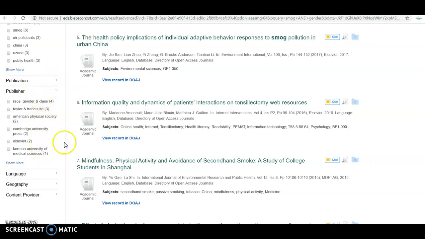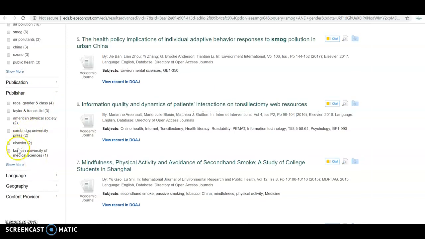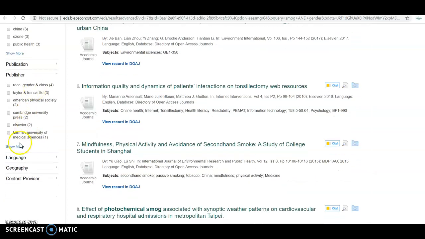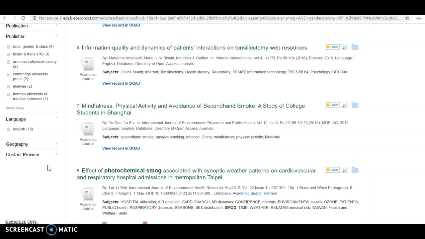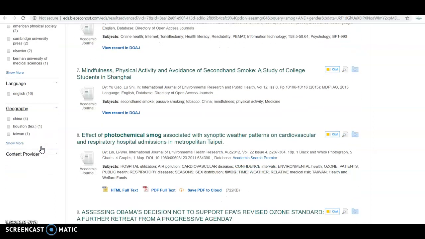We have publishers here. A lot of academic journals are put out by various publishers such as Elsevier or Cambridge University Press. If we were looking for something specific, we could do one of those. Language, when you're doing your research, you might find articles in French, German, Spanish, Russian, and so on. If you want to narrow it down to English, you just come here, check the box, and then the next